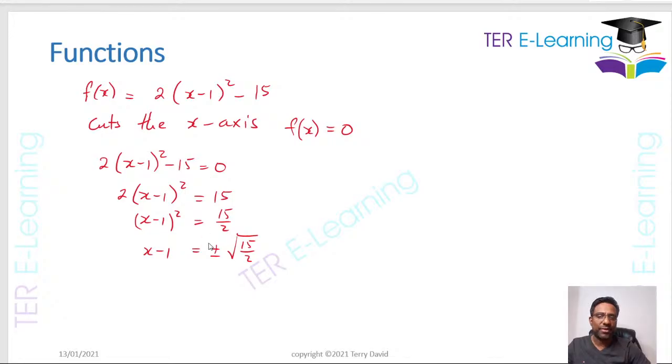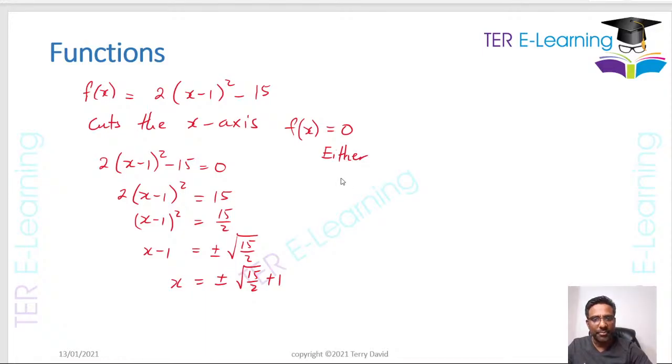So guys, when you're solving a quadratic, always remember when you're finding a square root, there are two values. There's a positive and a negative. That's why you see me put in plus or minus the square root of 15 over 2. So therefore x is equal to plus or minus the square root of 15 over 2, plus 1. So we can have two possible solutions. So either,